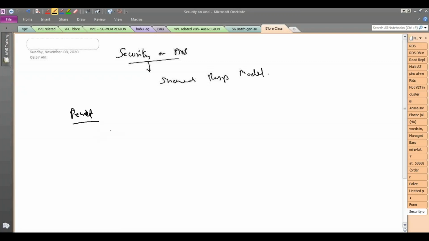Then you have another topic which comes up in the exam, that is called storage decommissioning. What is storage decommissioning? AWS has a lot of storage, whether you're using EC2 or S3 or whatever. You store some data, and where is the data going to be stored?